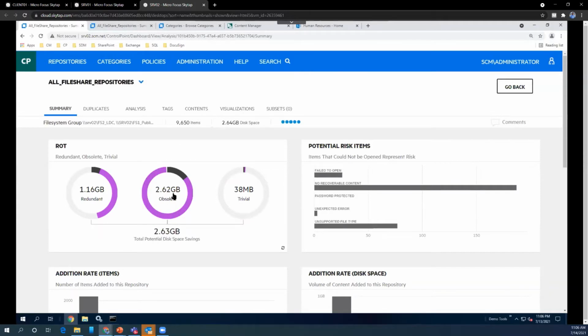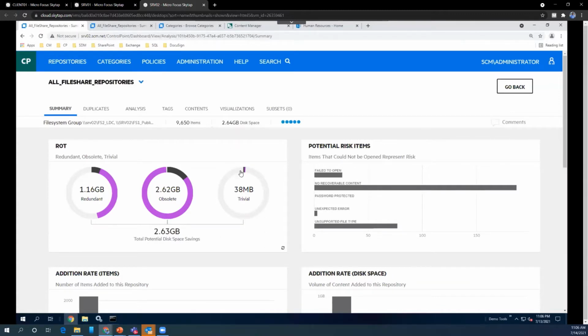You can see the amount of data which has become obsolete. Now I need to treat that data, if it is not sensitive, by moving it to lower cost storage or a NAS, or disposing of it if it is of no use.